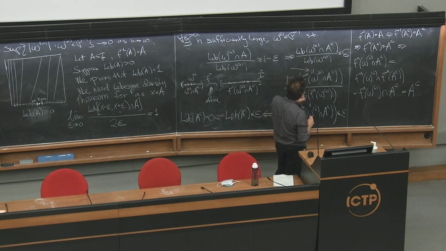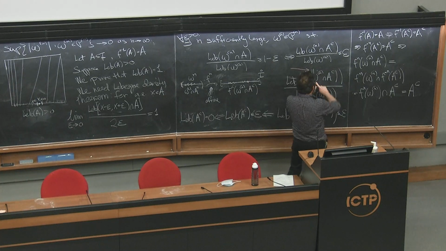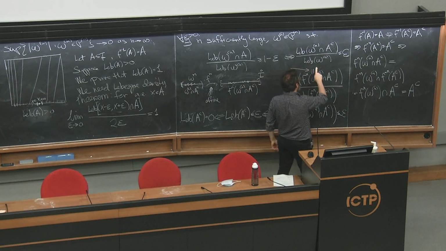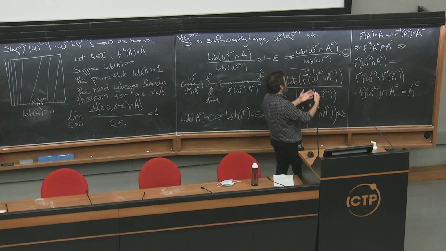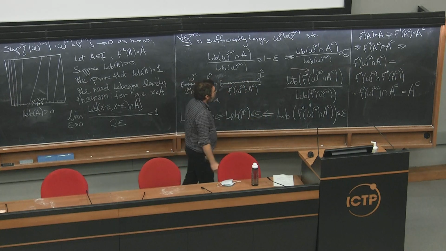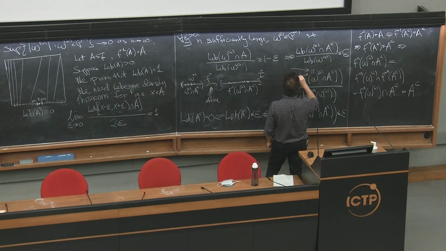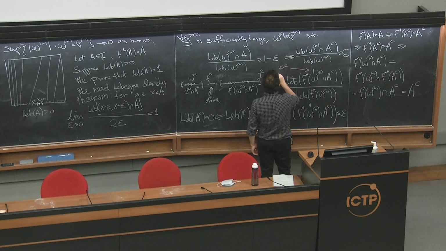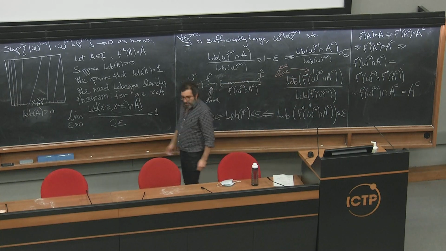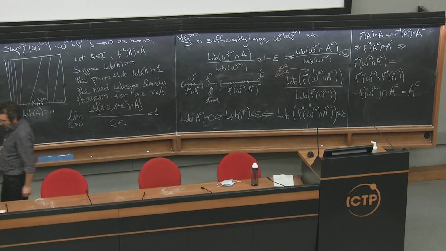And here, as you can see, what we need is just to show that this is less than or equal to epsilon. We don't need an equality, right? We need an inequality. We just need to show that this is less than or equal to even some constant times this, as long as the constant does not depend on n, right? So that's correct. I just wanted to point this out. Here we use affine, but this is not necessary, right? An inequality is sufficient here. Okay, so we have the ergodicity.